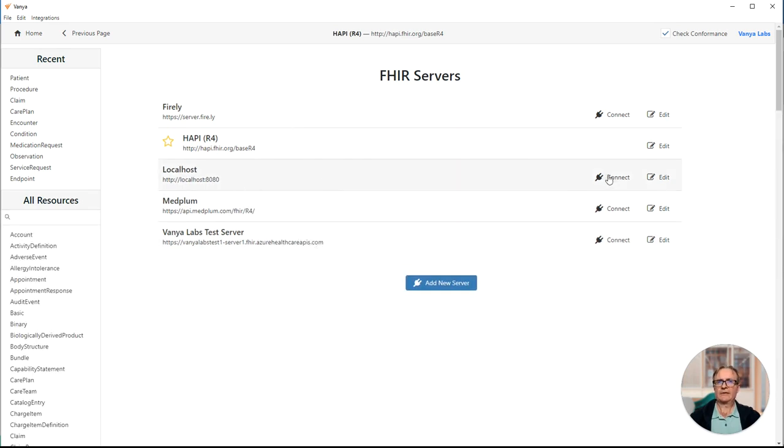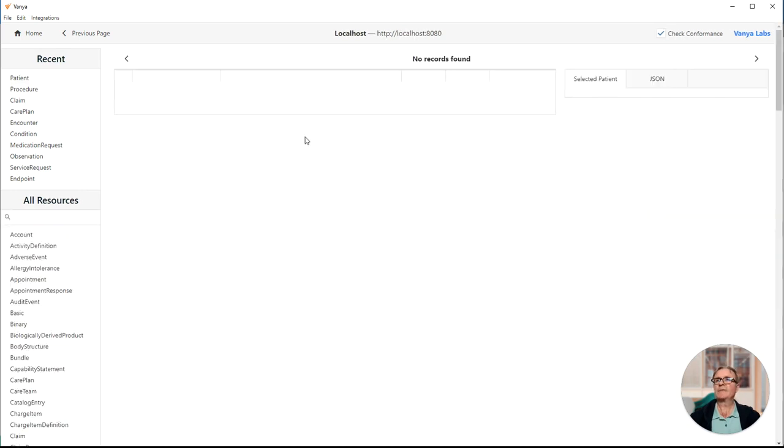And there it is. If we click on Connect, it should make an attempt to connect to the server. And it's connected, so now we want to click on Patient and see if there are any patients in there. There shouldn't be, it should be an empty server. And it is, no patient found. Now we know the server is up and running and can be connected to, so the next step is to